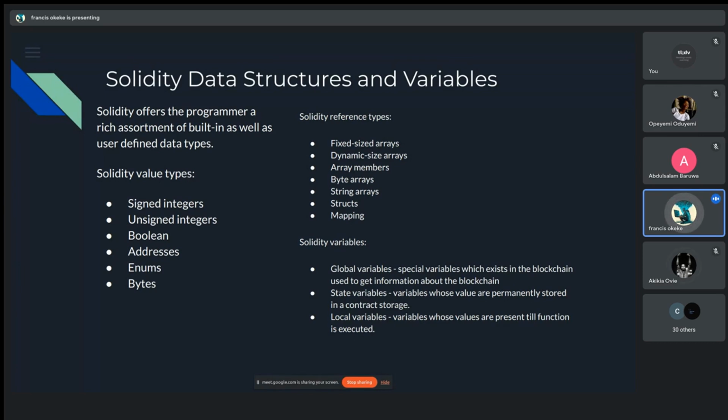Most times, the local variables are tied to the state variables, in the sense that after the whole process has been completed in that function, the final result is saved in the state variable. Are you getting me? Okay. Yes. Okay, so